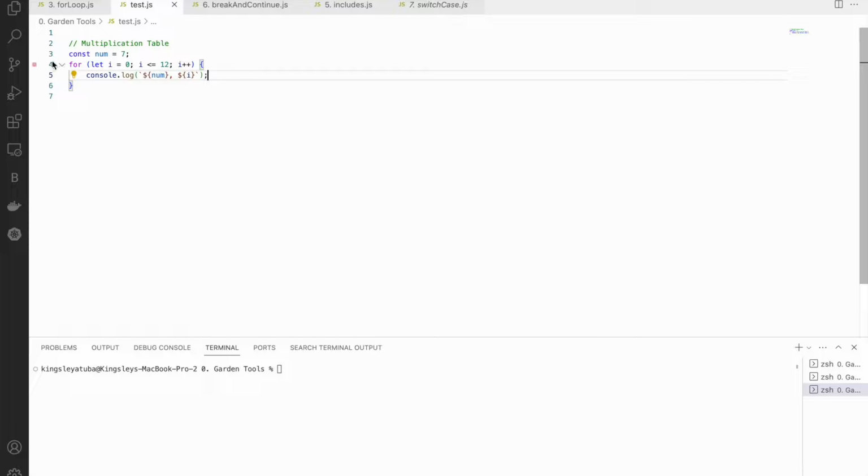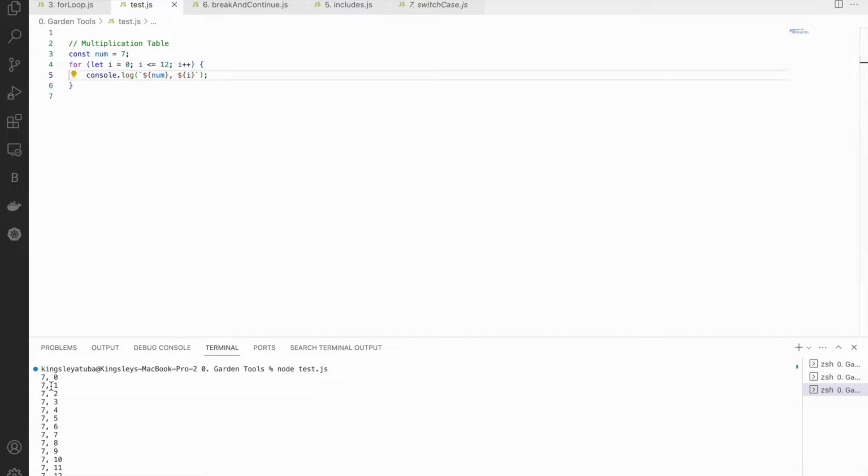So every time this loop runs, I want to print out my number, which is 7. It will always be 7. I also want to print out I, which increases for every loop. So we're expecting to see 7, 7, 7, 7, then 0, 1, 2, 3, 4, 5, 6, 7, 8, 9, 10, up until 12. If we run this code,